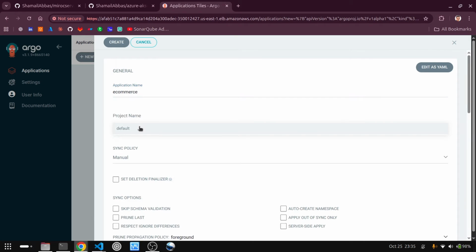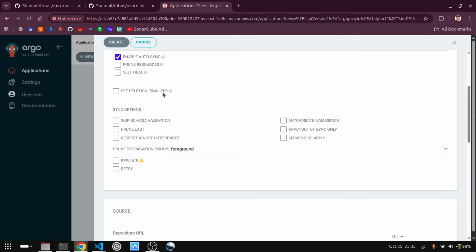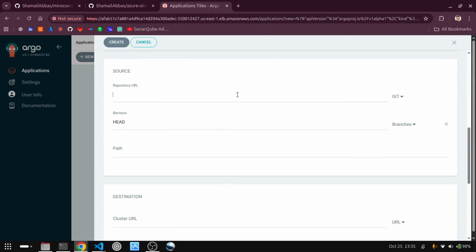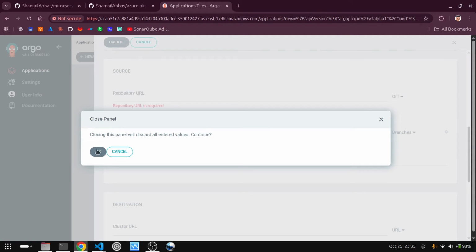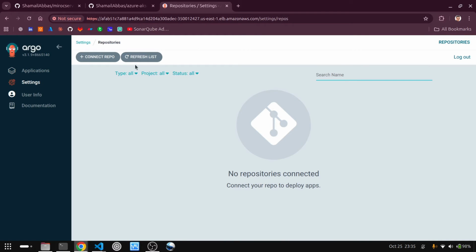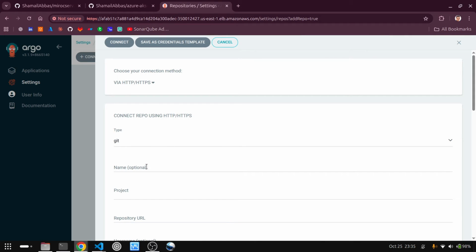Project name, let's go with default. Sync policy automatic, and let's keep everything as is, with auto create namespace. Apply out of sync only, that's also something we want to do. So for the GitHub repository, actually we have to create it here first. So we have to go here and add a GitHub repository, and connect our first repository via HTTP. Type is git, name is